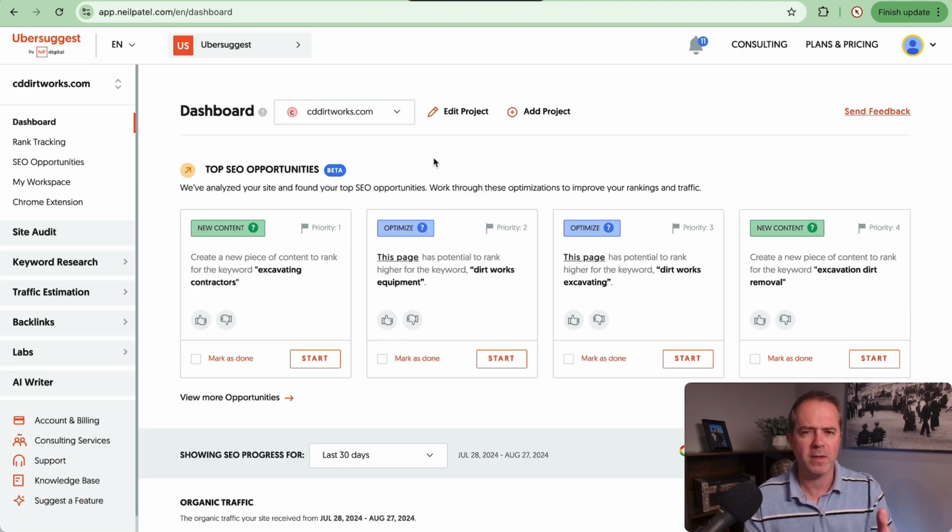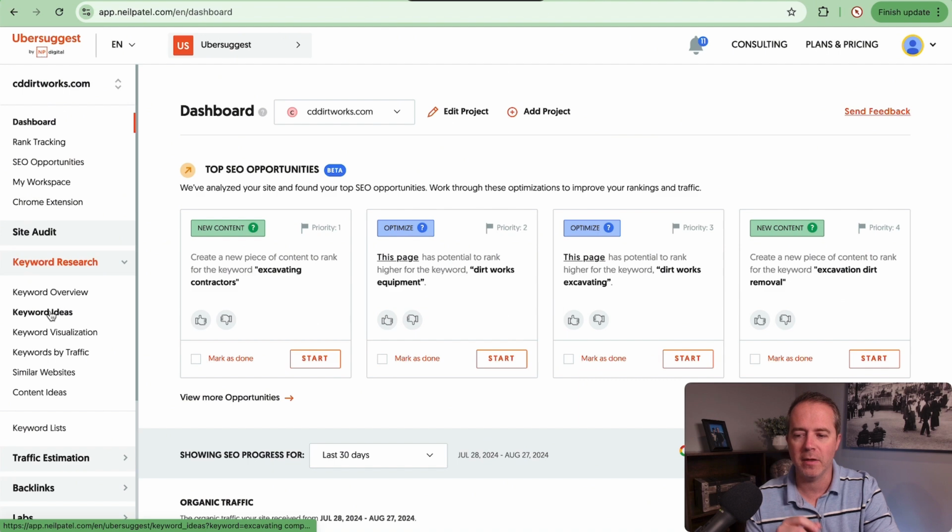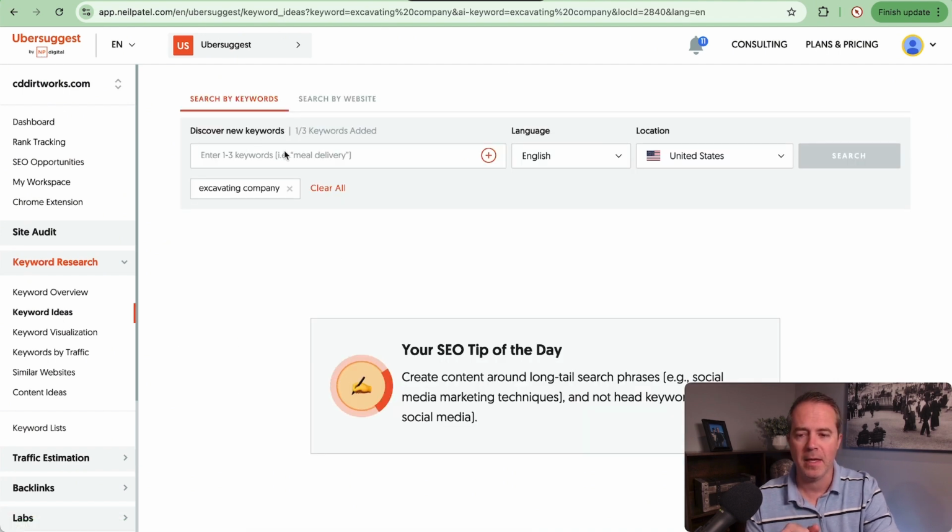I believe there's a free version of this that allows you some capability to do keyword research. You can do free keyword research in a lot of different ways. So this is just one strategy. It's one we like to use. You can go straight to Google and do keyword research. It's totally fine. And then there are some great AI tools that you can utilize to do keyword research. So lots of options, it just totally depends on what you're comfortable with. I like Ubersuggest. So we're going to go to keyword research here, go to keyword ideas, and I've already